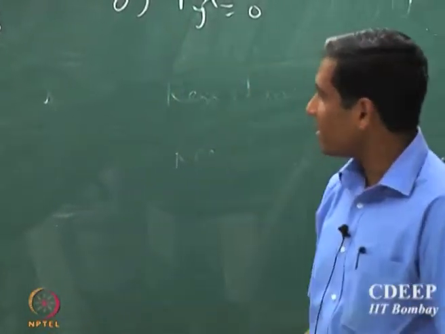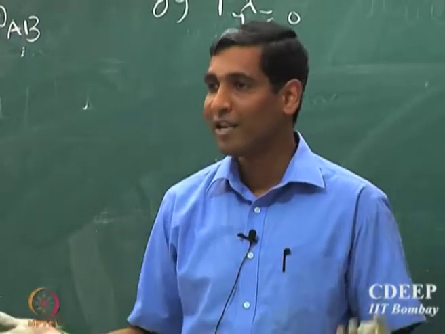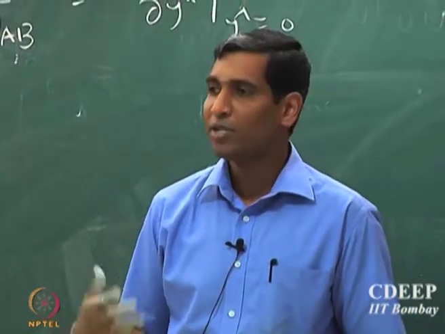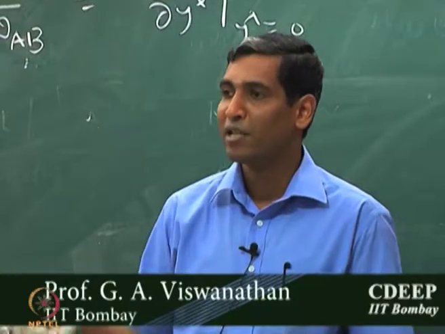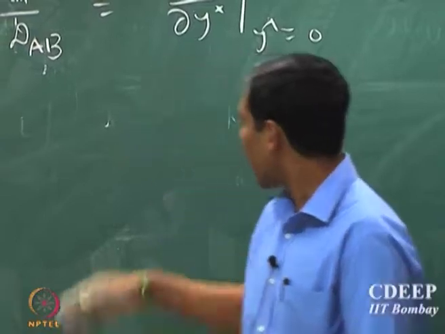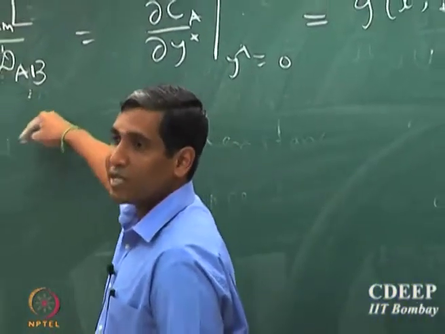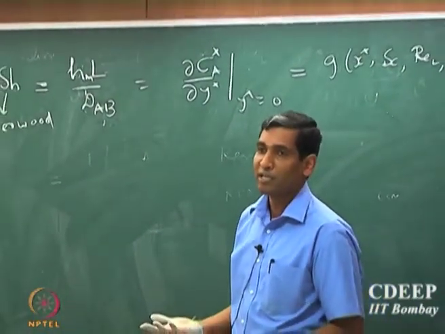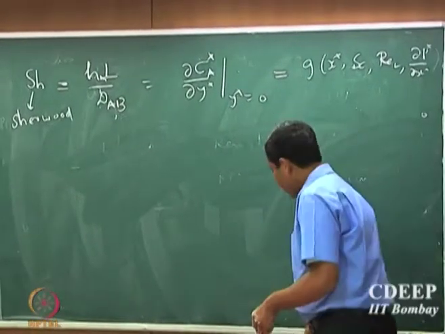Okay. So you can see that without solving the equations, note that we have not solved anything. All we have done is introduce some approximation simply based on intuition as to how the fluid flow is behaving in the boundary layer, how mass transport and heat transport would occur, and we are able to come up with some really comprehensive numbers which characterize the heat, mass and momentum transport in the boundary layer. Okay. So we will stop at this point.